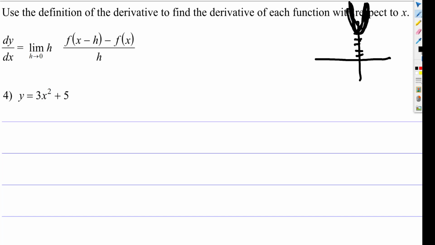But at any given point, what will that slope be? Some of the lines, the slopes will be going downwards, some of them will be going upwards, and at one point, it will have a 0 slope. So let me cover that up. That h is not supposed to be there. So we're going to say dy over dx